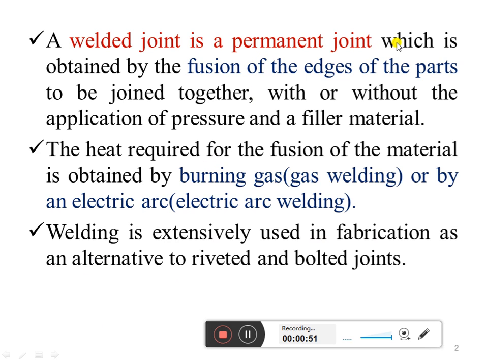So it is a permanent joint. It may be a weld using a fusion of edges, it may be applying pressure, or it may be giving a filler material. So there are two weldings, that is gas welding and electric arc welding. So this is a brief about welded